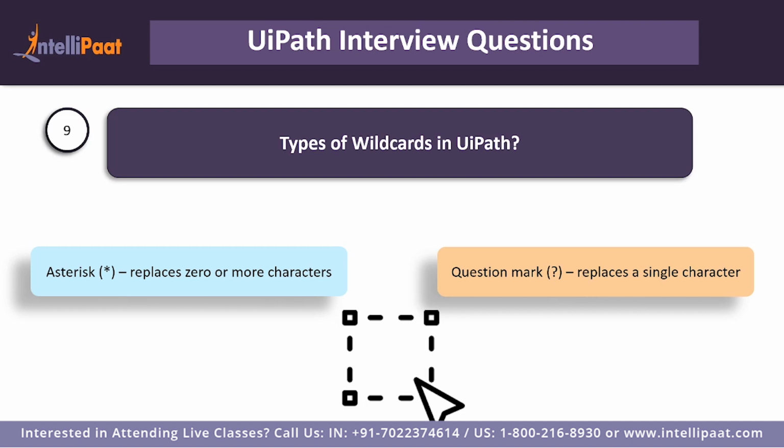But let's suppose you wanted to click somewhere and you did not care what the title of the image was. So what you can do is you can replace the entire Amazon 1 window with a star. In that way, it will look for every title which is there on your particular given window. It can go on any of the screen, and based on the other selectors that you have defined, it will go and properly do the automation based on your particular selection, right? So that is about wildcards. So let's get to the next question.